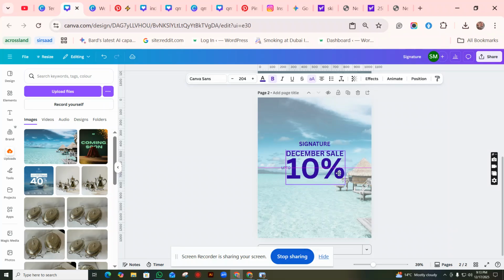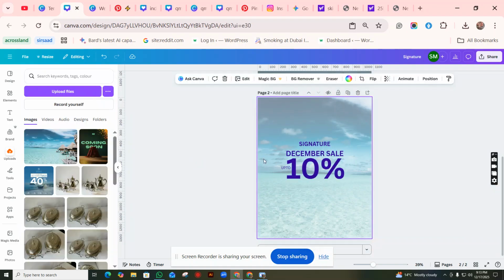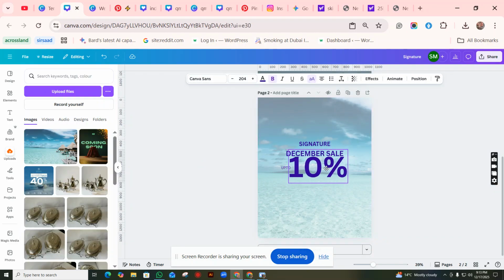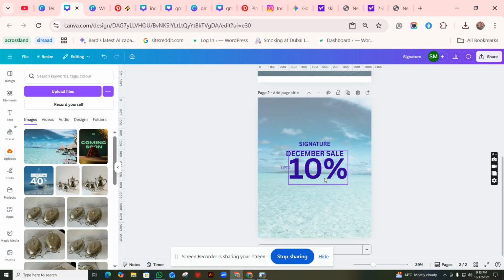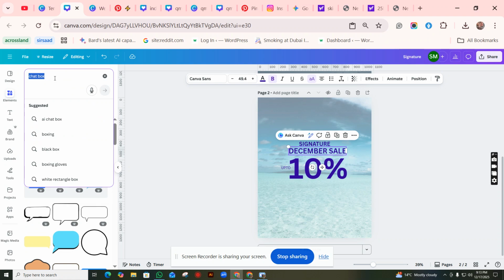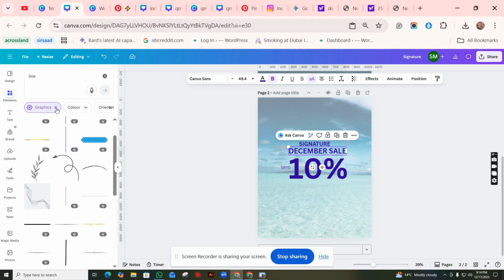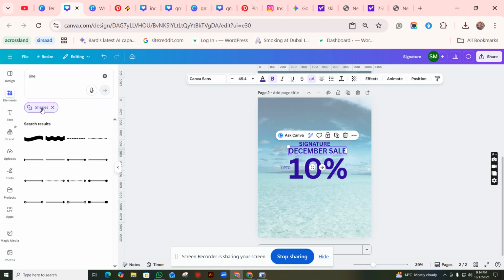So this is just an example post. It is not that good, that attractive, but you can just simply make an image like this. Okay, so I'm gonna just add this one over here. So I just wanna add lines like this. Okay, so I'm gonna click on search for line, and there are lines in the graphics. Okay, but there are also lines in the shapes. The ones in the shapes are good enough, so you can choose a line like this,